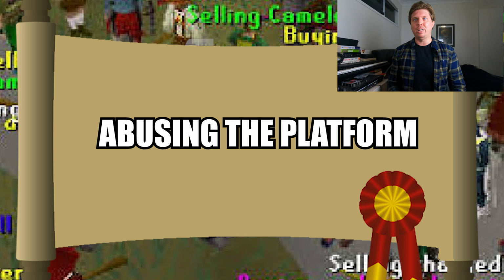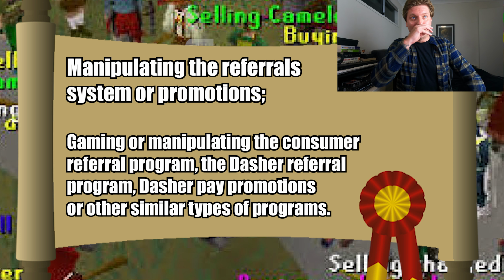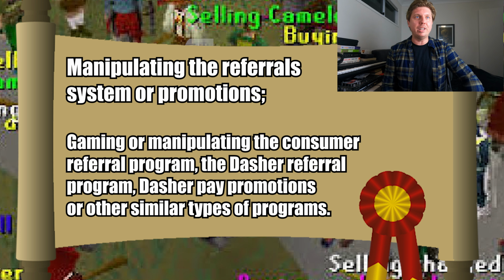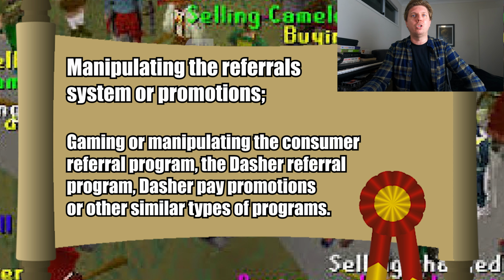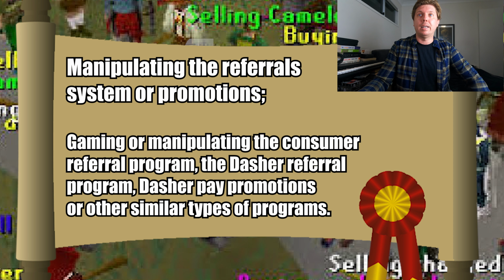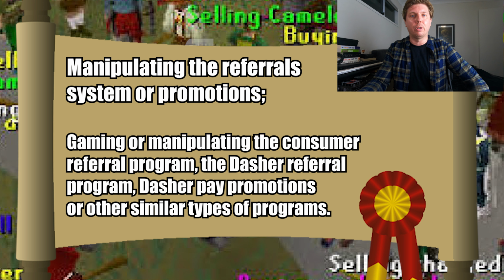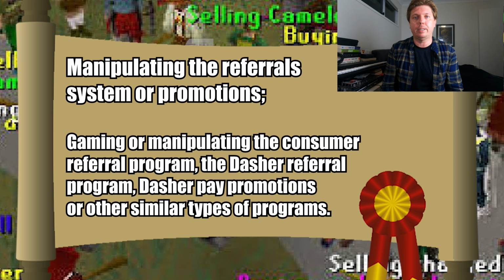So examples of abuse and fraud include, but are not limited to, we've got a couple to go through here. So manipulating the referral system or promotions. So gaming or manipulating the consumer's referral program, the Dasher referral program, Dasher pay promotions, or other similar types of programs. So this is stuff like, say if you had a referral bonus for new Dashers to sign up, and